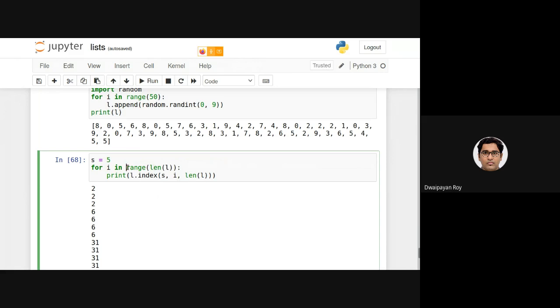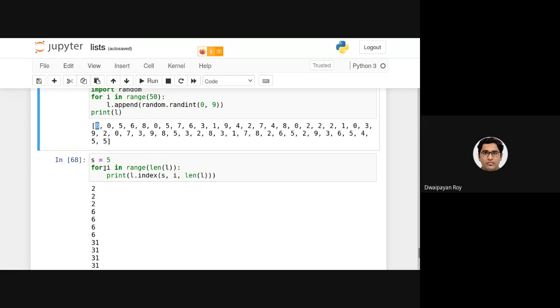We can write another version in which we club them, all these 2s together, all these 6s together, all these 31s together. Here, every time I am starting the search from the 0th location.